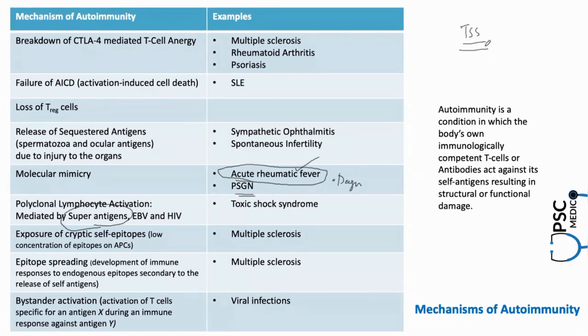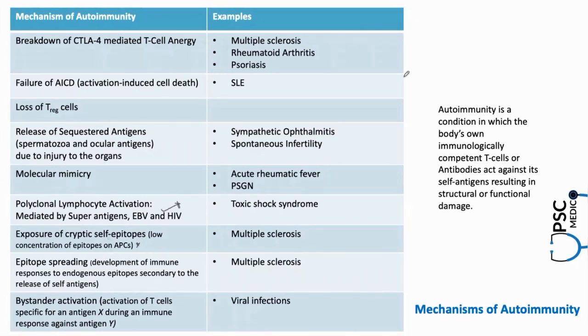The reason is the antigen is so powerful. It is activating so many T cells, leading to a massive cytokine release and damage to the body. So this kind of polyclonal lymphocyte activation can also be an autoimmune condition wherein there is a production of toxic shock. Okay, and one more mechanism of autoimmunity is